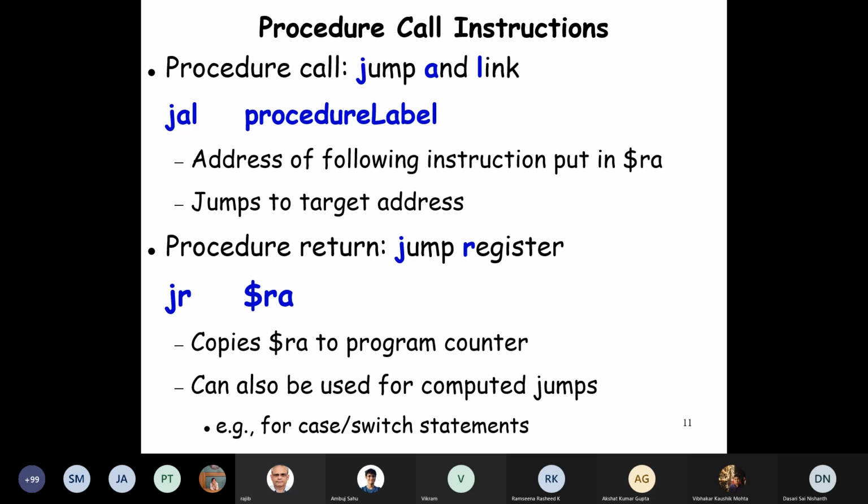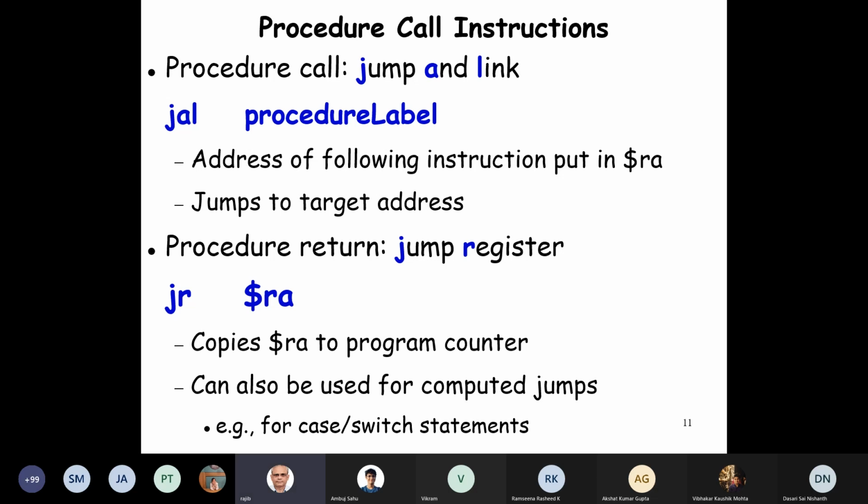And then it does a simple jump to the target address. And while returning from the procedure, we'll have JR. When we do the JR, it will take the saved PC in the RA register, and it will jump to that. It will simply copy the register contents to the program counter.